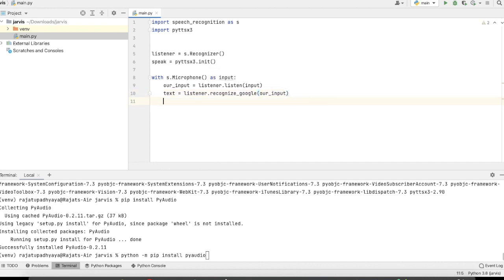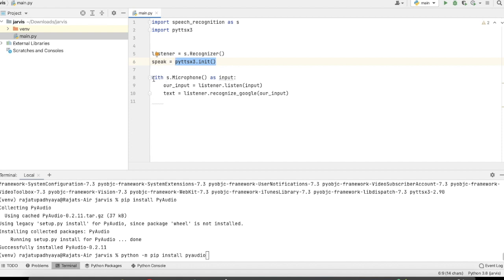Let me explain again what we have done so far. We have imported speech recognition and text to speech. We created one variable, listener, where the recognizer function is called. And next we created one variable where we initialize the text to speech.